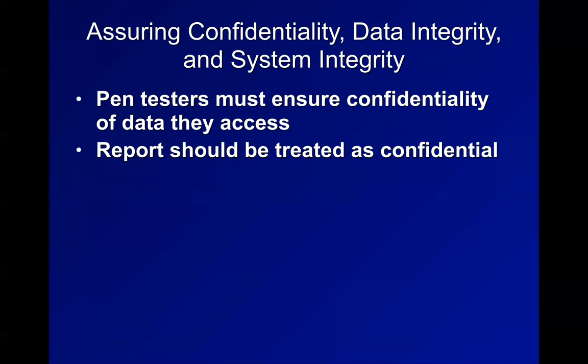So pen testers, of course, sign non-disclosure agreements, and when they find secrets, they don't expose them. Otherwise, they're criminals. Just like a doctor or a lawyer, you end up knowing secrets of the company, and you have an obligation to conceal them. That's what happened when Snowden leaked all that stuff, and that's why he went to Russia. They interviewed his lawyer in America, and he said, my advice to Edward Snowden is marry Anna Kournikova and stay in Russia forever. Never come back. Because I don't want the job of saving you if you come back here. You totally promised not to leak the secrets, and you totally leaked the secrets. I don't know how I'm going to save you.